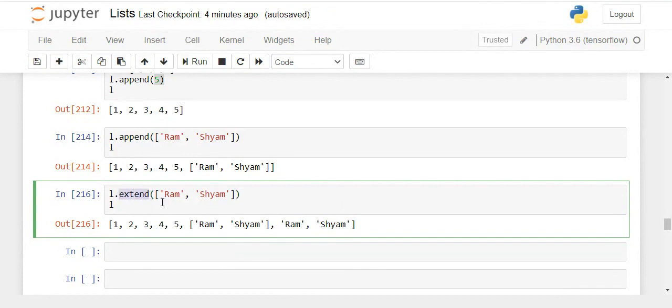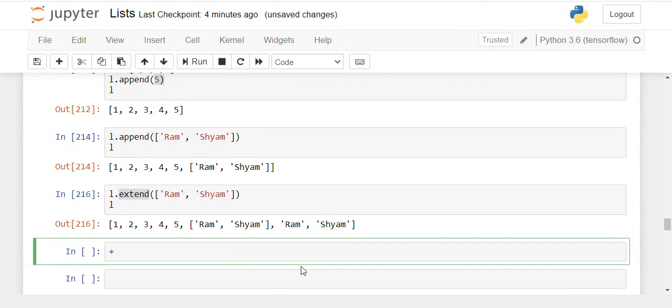Now extend is quite similar to the concatenation operator. I've already told you what the concatenation operator does. Let's take the same example and add this Ram and Sham using the concatenation operator. What if I have to do this?